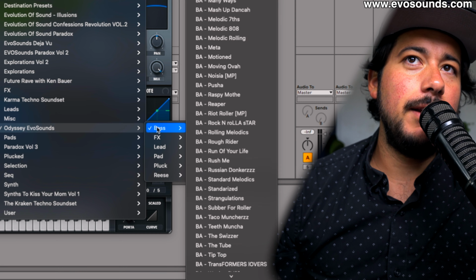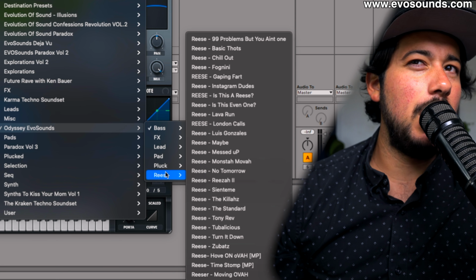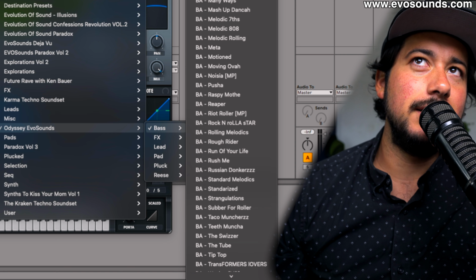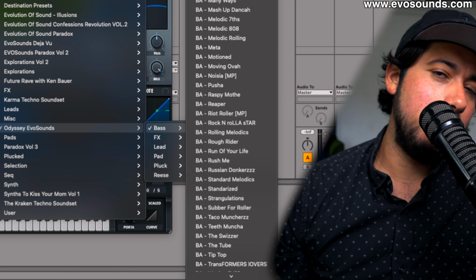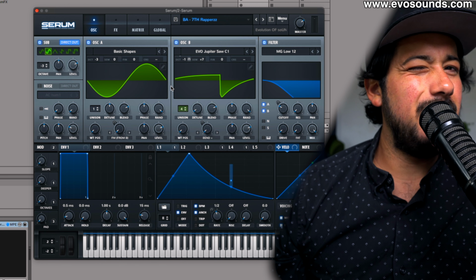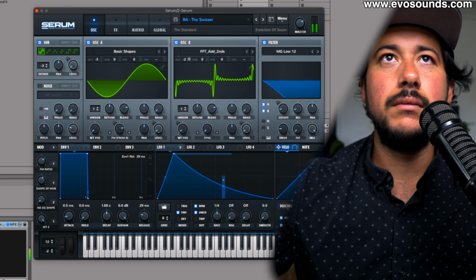In Odyssey, you're gonna find basses and Reeses. So there's gonna be a lot of basses in this pack, especially because drum and bass is a very broad genre. You have the melodic side and then you have the more harder side. Now for the basses, you're gonna find a combination of jump up style basses,